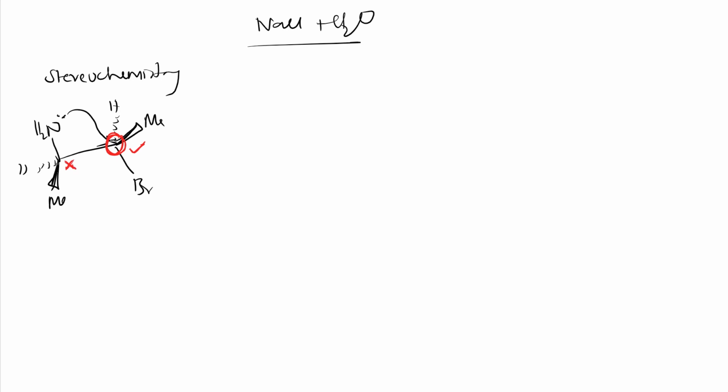So for further reaction, if you want to show, you have to write like this. Here I will get a 3-membered nitrogen-containing group, and at this carbon, initially hydrogen was below, now it becomes above, and this methyl was above, it became below. Whereas on this carbon it will remain the same.